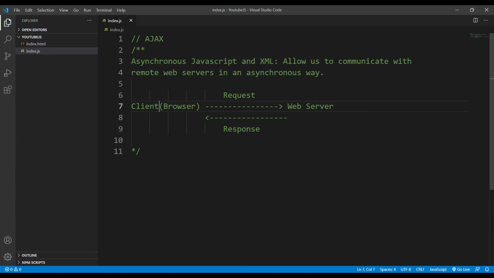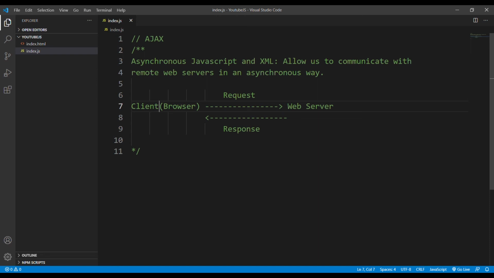As soon as the web server receives the request for some data, it will do some processing and send back the data. And the client can display that data accordingly. Okay. So with the help of AJAX, JavaScript becomes really powerful. We can talk to a web server in an asynchronous way, and the rest of our code is not blocked.